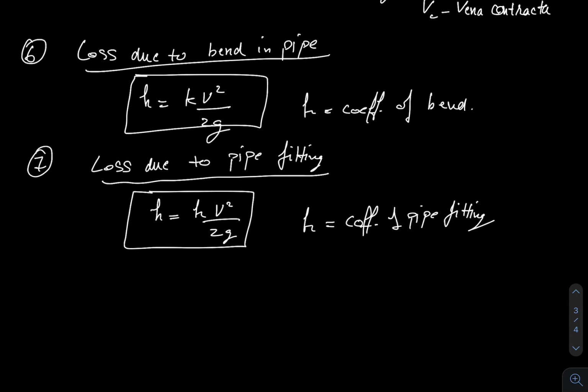In a practical situation, if you ever need to calculate the power of the motor required to maintain the flow, or you want to calculate the total losses in any structure or pipeline, you need to calculate the major losses as well as the minor losses, both. Only then will you decide how much power you require to maintain the flow.